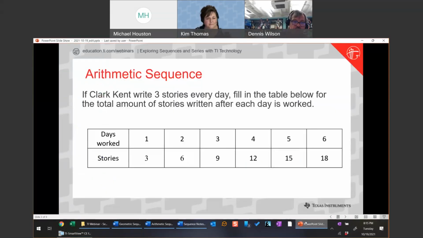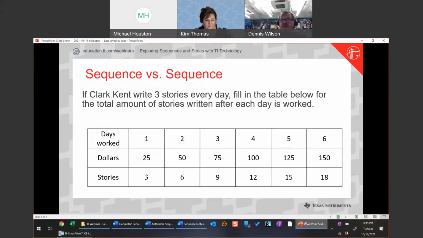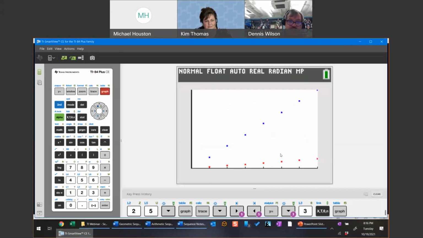So once we've had that conversation, I want to talk about the fact that both the amount of money Clark is getting paid and the number of stories he's writing are both related to the number of days he worked. And because they're both related to that same input, they're related to each other. So every time he writes 3 stories, he's going to get $25. He writes 3 more stories, he'll get another $25. And so what's nice in sequence mode is I'm going to plot one of these sequences as a function of